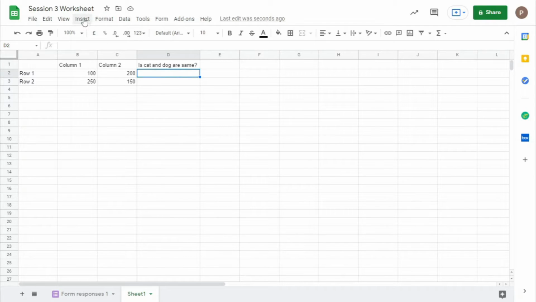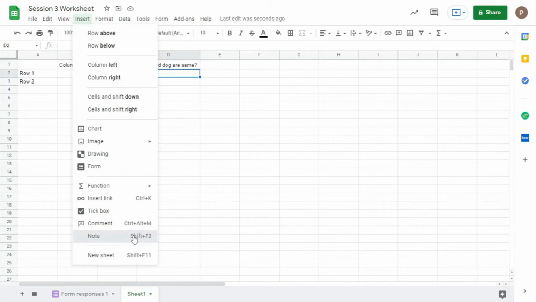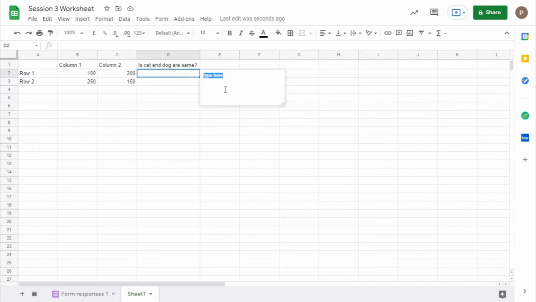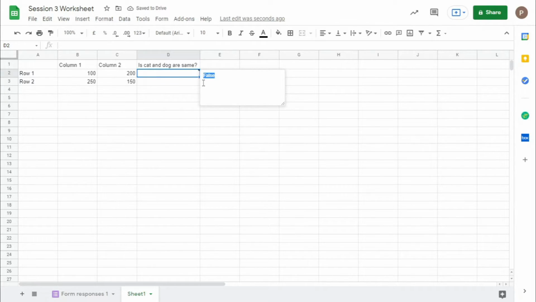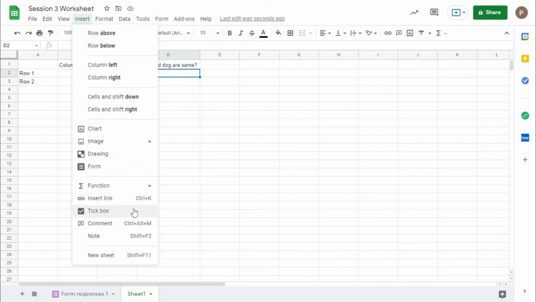Next, a note is the same as a comment. Let's say you add a note to false here, then when you add a note, it shows a black mark. So when there is a black mark, it means there is a note. You can view this note. But comments are only visible when you are connected online, while notes are visible even when you are offline. So even when the document is made available offline, you can still make changes using notes. If you delete everything in the note, then the note gets deleted automatically.